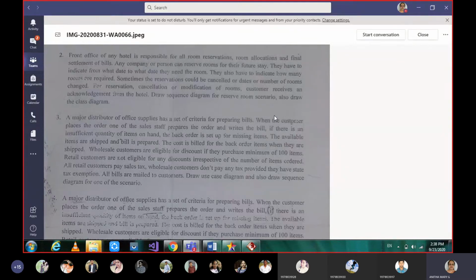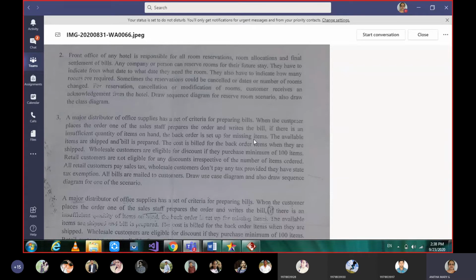Okay. So here, when you are coming across, the customer is the external user. Sales staff is an internal user to the system. If there are insufficient quantity items on hand, the back order is set up for missing items.